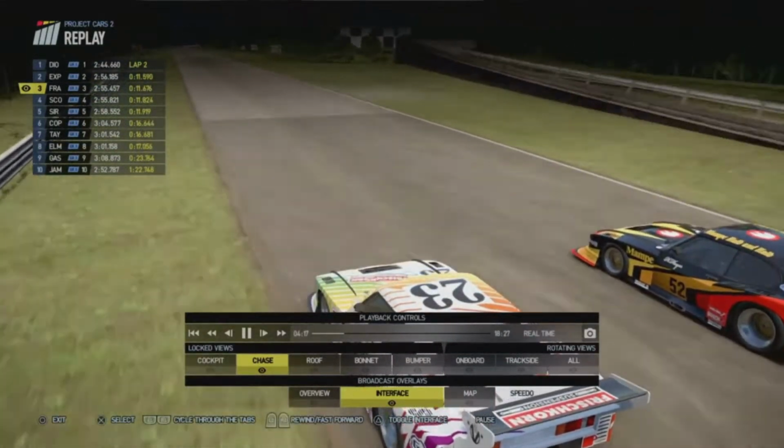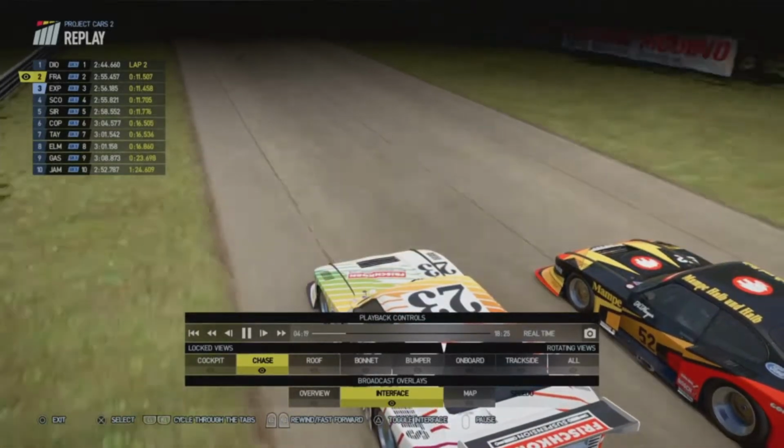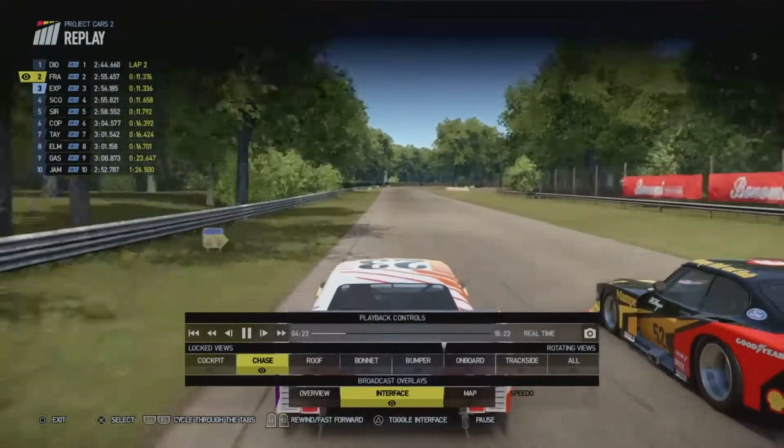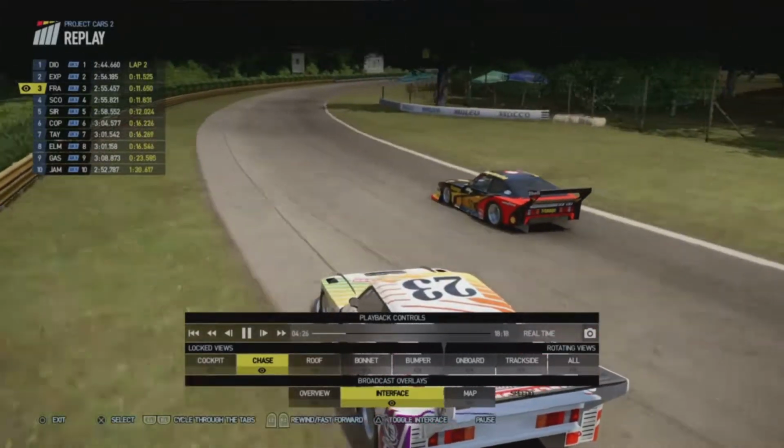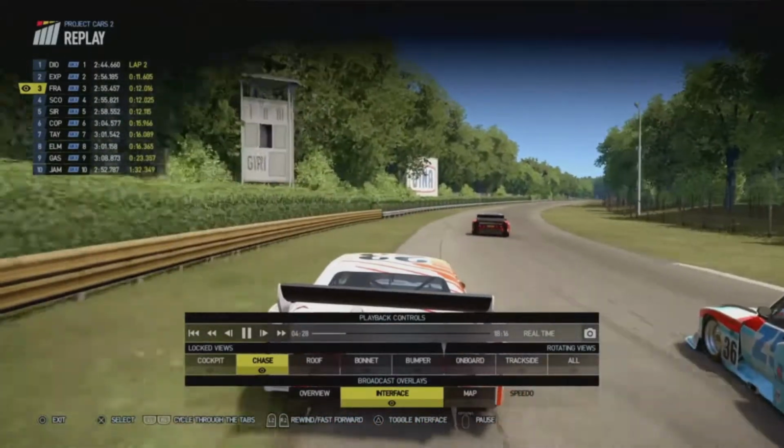So something very, very strange indeed. A pile-up involving most of the field. Frankie has survived it, but is now under attack from Stuart Brandon. Look at this. Stuart is now running wide. And oh, here comes Scott Navely, and somehow they...